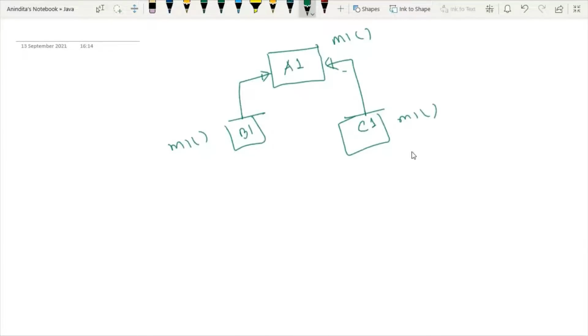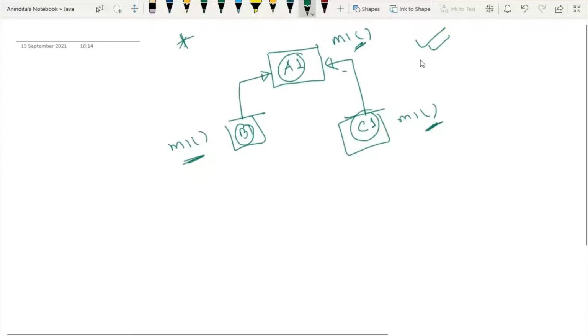So what do we mean by runtime polymorphism? Whenever we have hierarchical inheritance, and all the classes, superclass and subclasses, have the same method name, at this point it will result in runtime polymorphism.